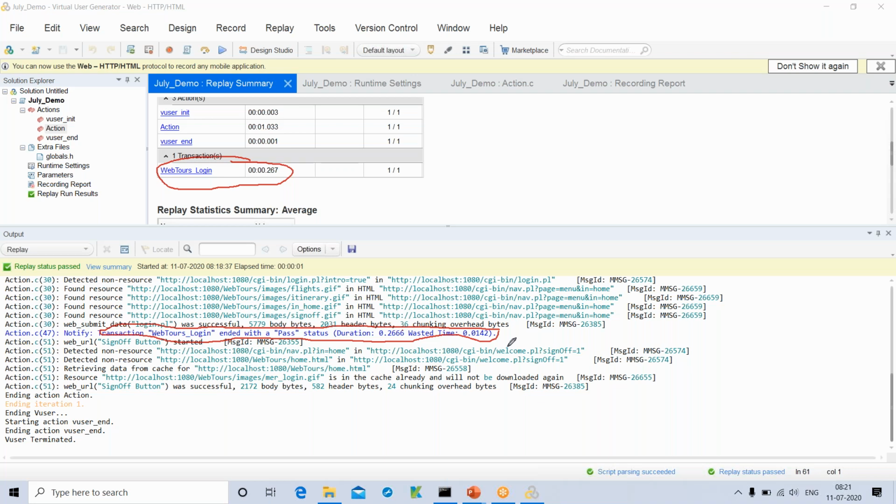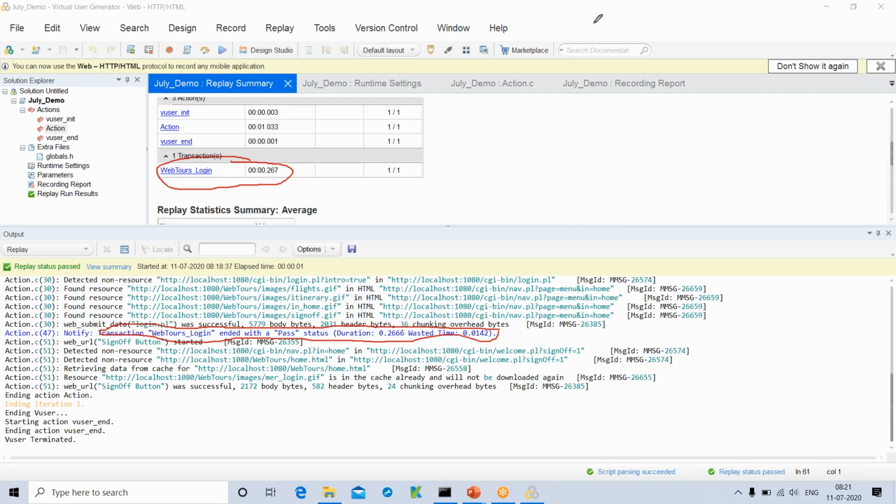I have tested with one user, and in the same way I have to test with multiple users. For example, 500 users logging in at the same time, or 1000 users logging in at the same time, and then I have to capture the login response time, how much time it is taking. Then I have to see whether it is less than 2 seconds or not.